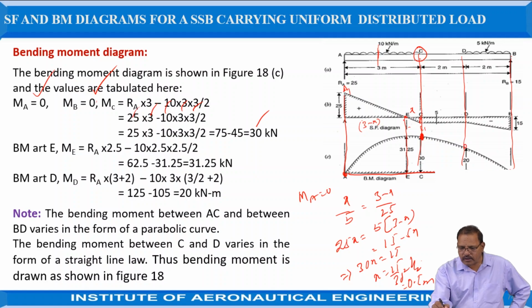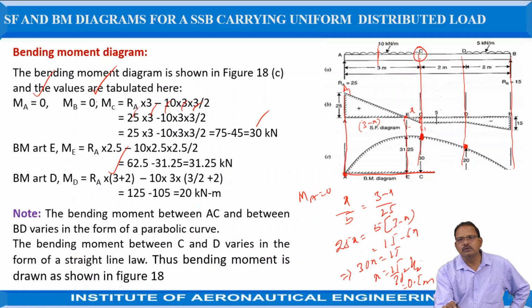Now, one more point is required, just D. That is, the bending moment at D. I am taking the moments here from RA only. Just one side, you can take any side. When I am taking from RA, that is toward the left side, the bending moment at D is equal to RA into the total distance, 3 plus 2, that is 5, positive, minus of